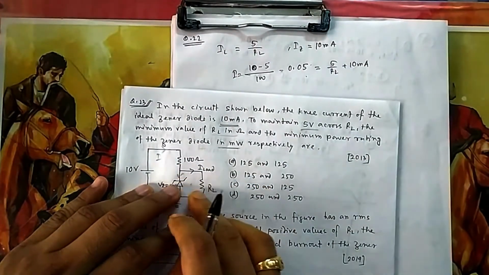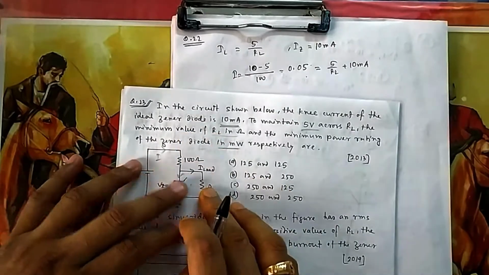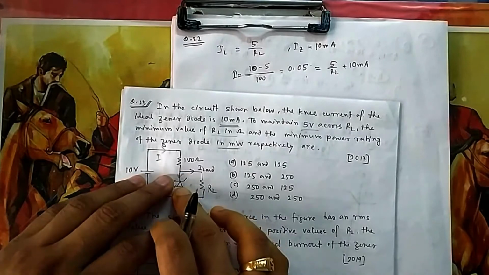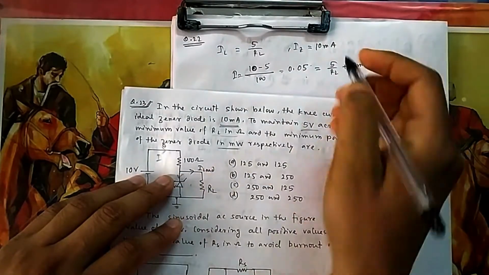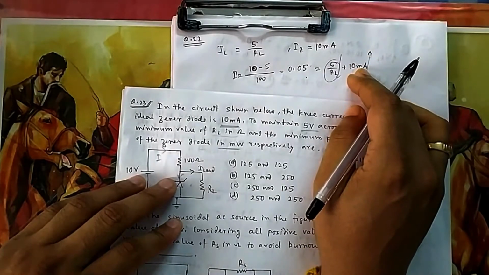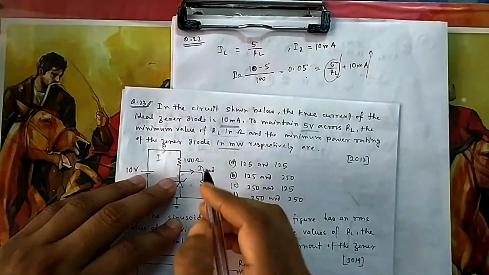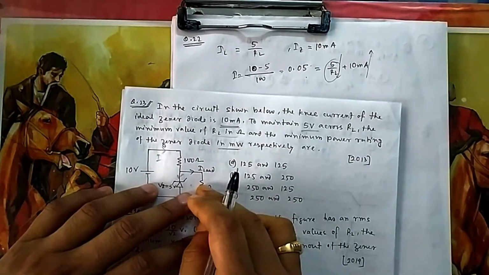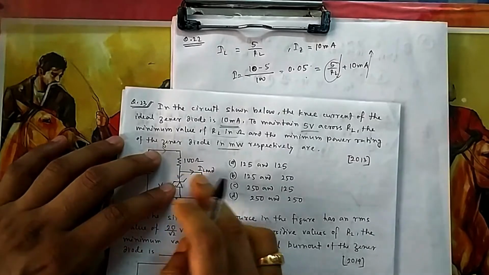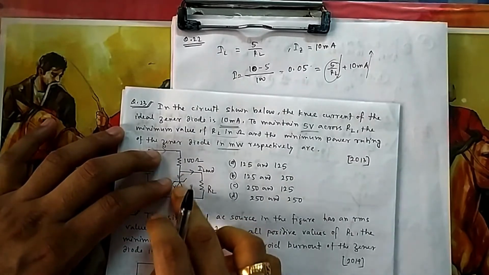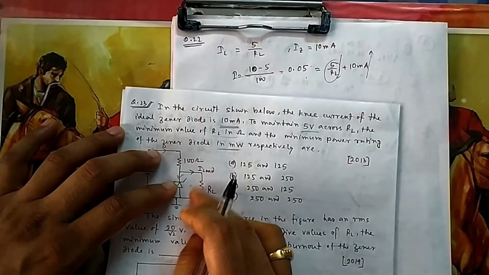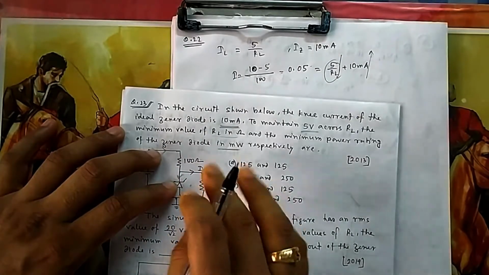So you can see for minimum value of RL. Now if you increase RL, then I load will decrease and this current will increase. There is no issue. So what is the worst case? Worst case is when you are reducing RL, then all the current tries to flow through the load, and no current is flowing through the Zener. That is the worst case, because minimum I need 10 milliampere to flow through this. So if you take that minimum current and the rest current you flow to the load, that is the worst case. So RL can be minimum up to that.